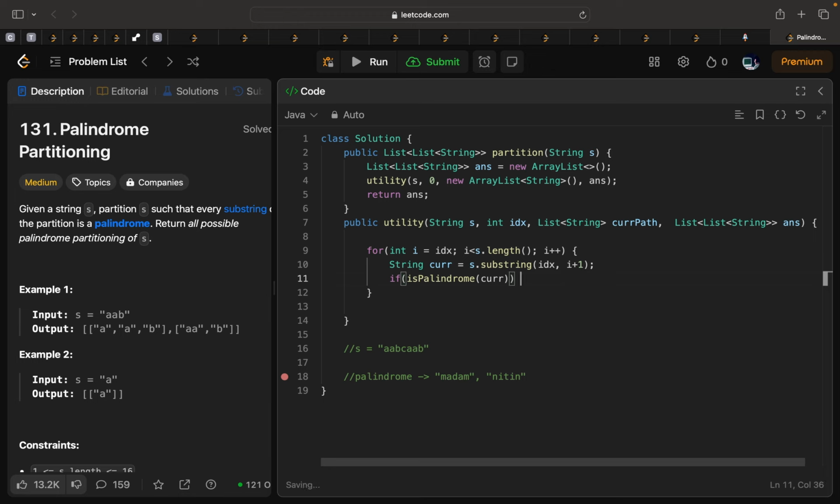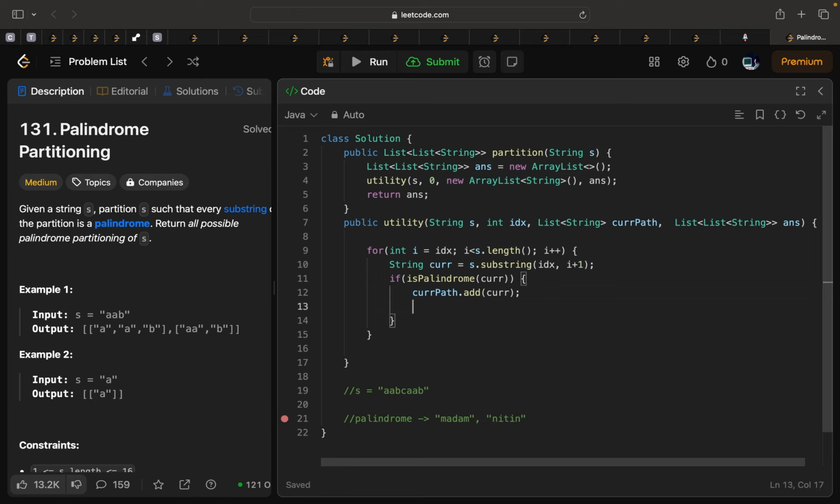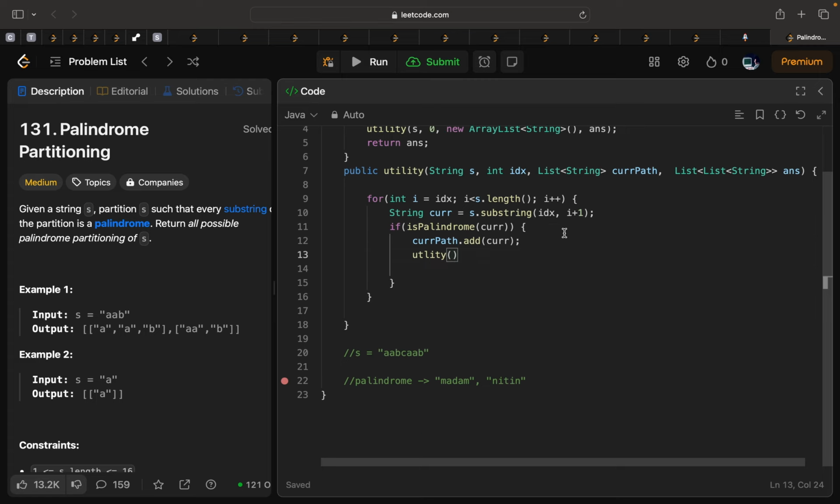substring is a palindrome. Then we can add our current string to our current path, meaning this current substring is a palindrome and we have added it to our path, and then we can move to the other part of the substring. Suppose our I is 1, and our,